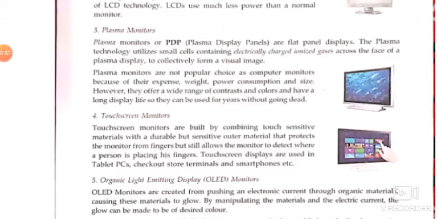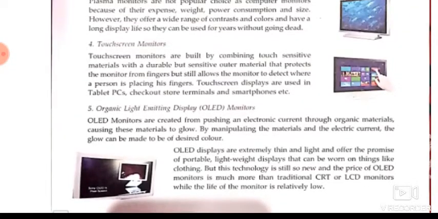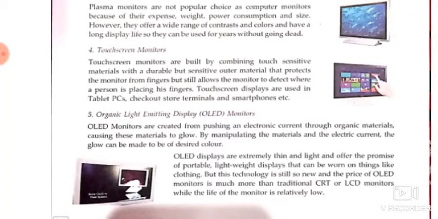Now, the fifth one is the organic light emitting display. It's called OLED or OLED monitors. Here also, like LED monitors, it is a light emitting diode. When the LED monitor combines organic technology, where they use organic materials for creating the pixels or the picture, it becomes the organic light emitting diode, OLED.